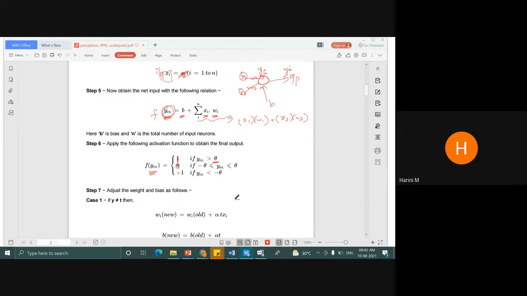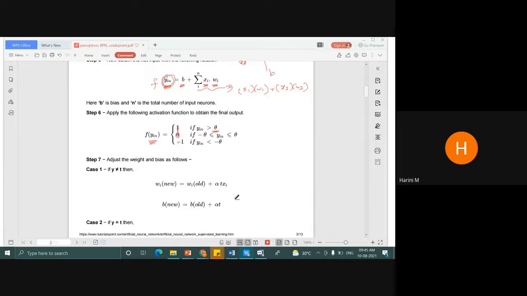Now, how am I going to update the weights and bias values? I'll tell you once again, since there is no backpropagation available in the perceptron, you have to do this updation manually. You have to look for the error values manually and compare them with the target value. For example, 5 into 5 is 25, that we know clearly. But the system doesn't know, right? For example, it gives the value 5 into 5 equals 24. You know the actual value is 25, but the result that you got is 24. Now you have to make the correction here, calculate the error value, and then update the weights accordingly. So this work has to be done manually in the case of the perceptron.